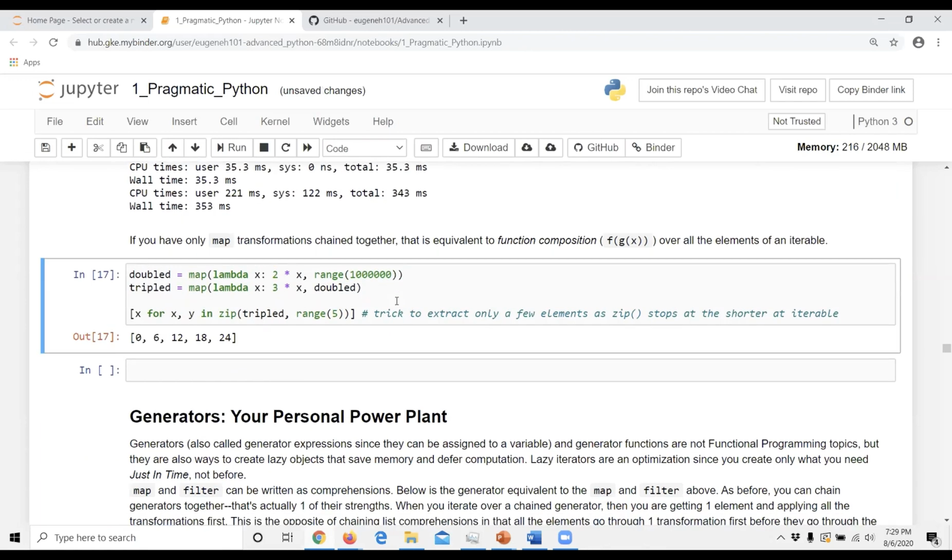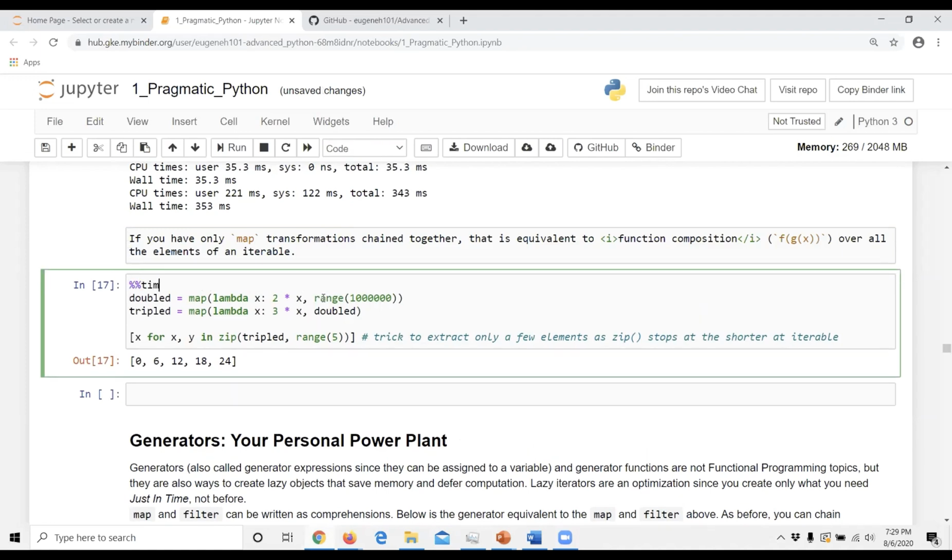And so here's a case where having a generator or map or filter has benefits over a typical list.